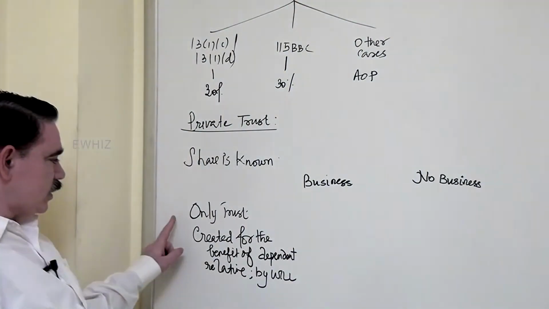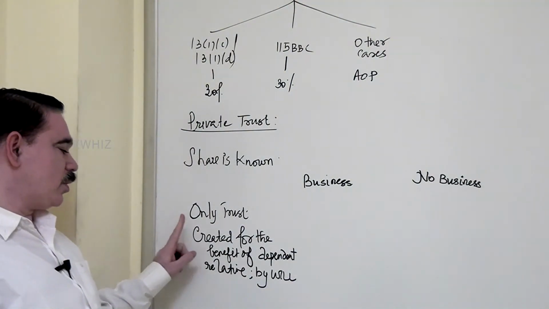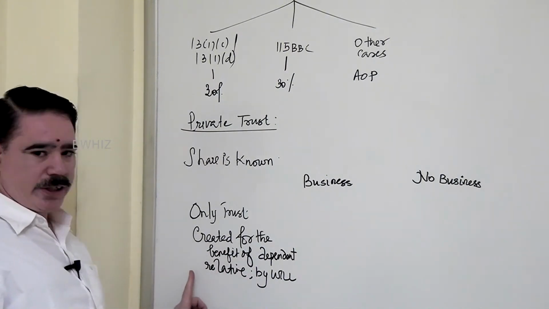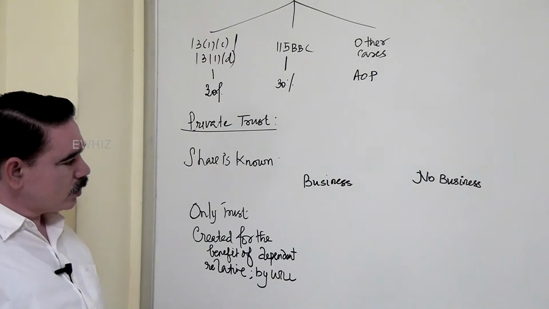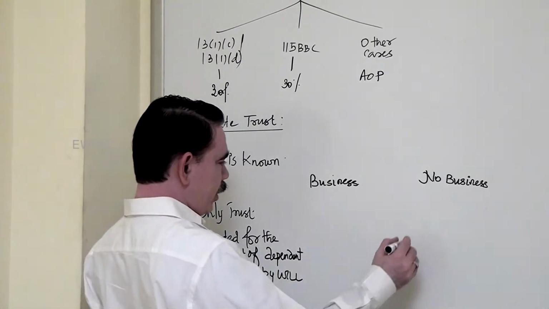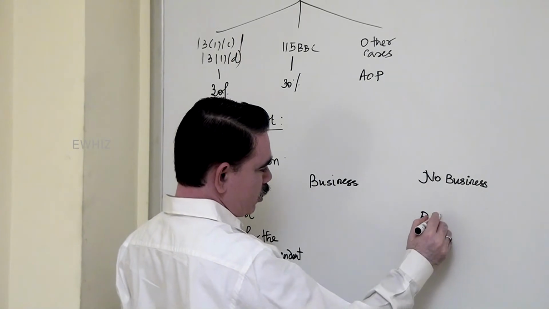It's the only trust created by the settlor and that too created by will for the benefit of the dependent relative. In that case, whether or not you have business, the rate applicable to each beneficiary